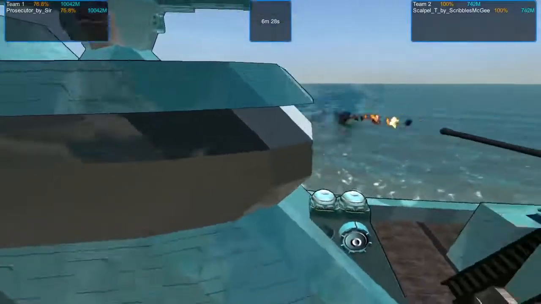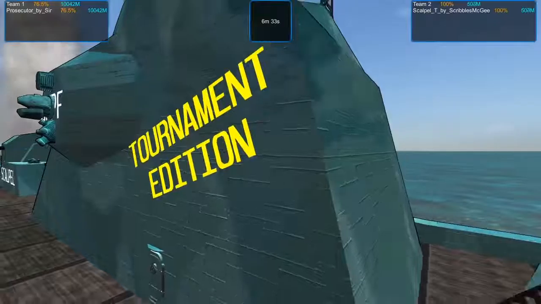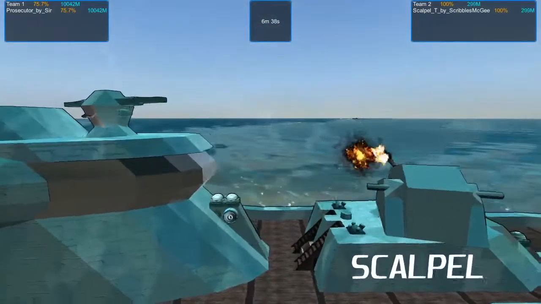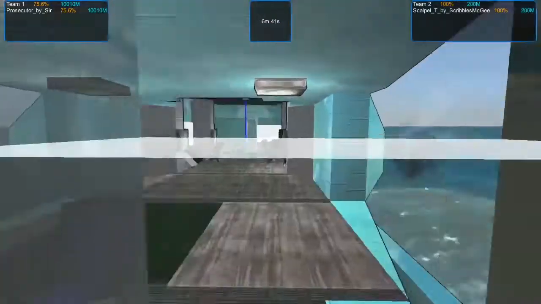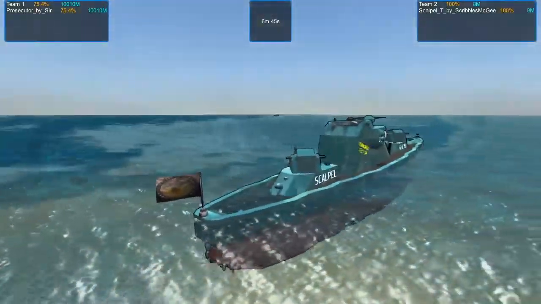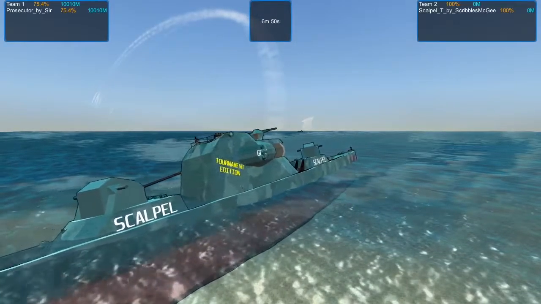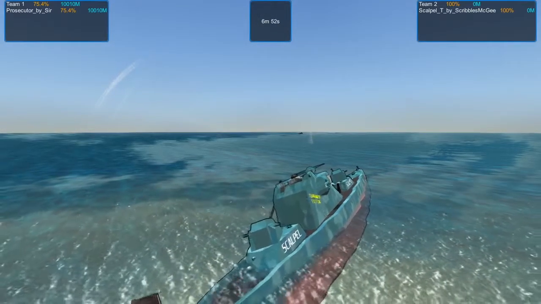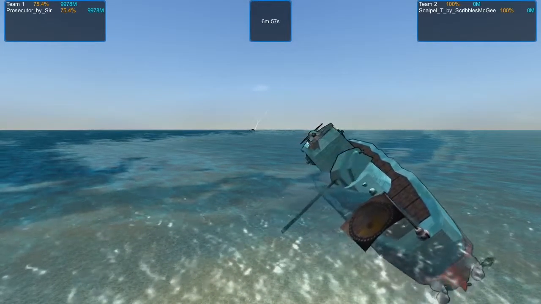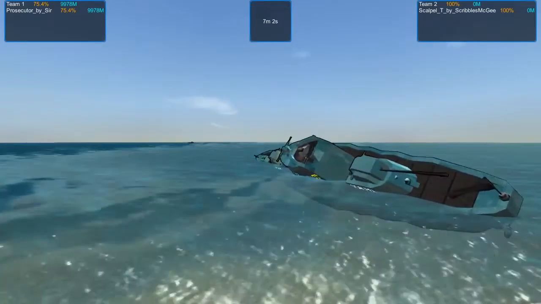That is a really nice... Why is the front of the cockpit bridge? I'm wondering why the sides are so opaque. Ah, whatever. It looks great, at least. Would have loved to have seen a high explosive, hold on. Did the Scalpel just run out of materials? Well, unless the prosecutor can repair, then